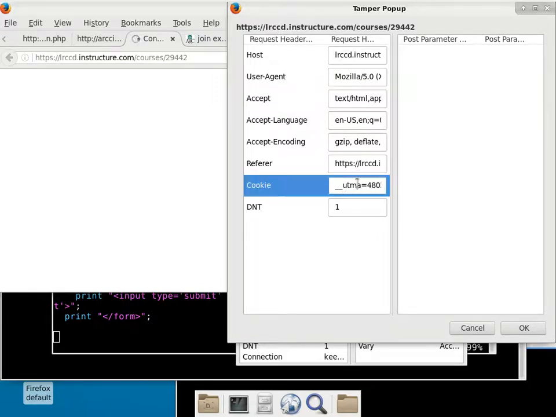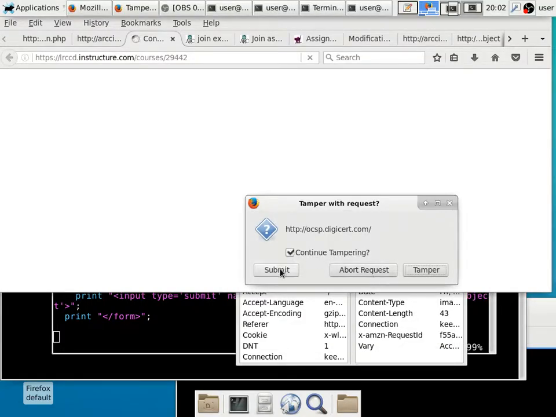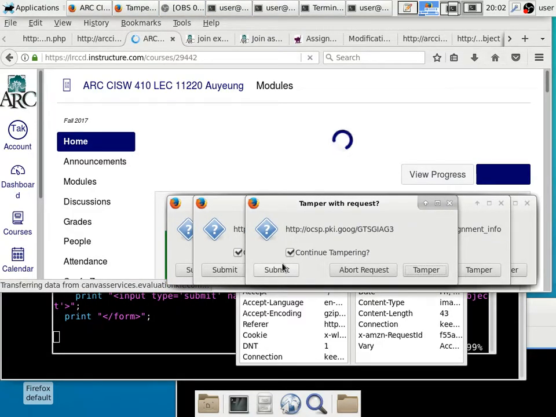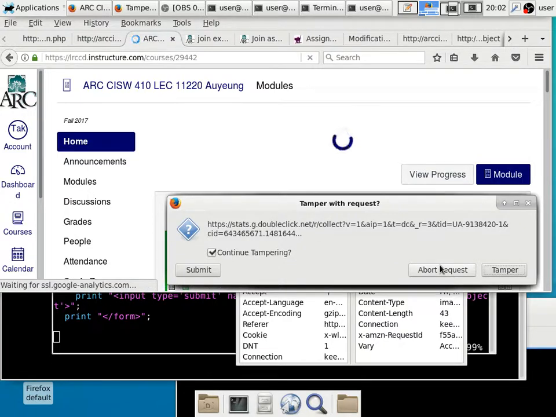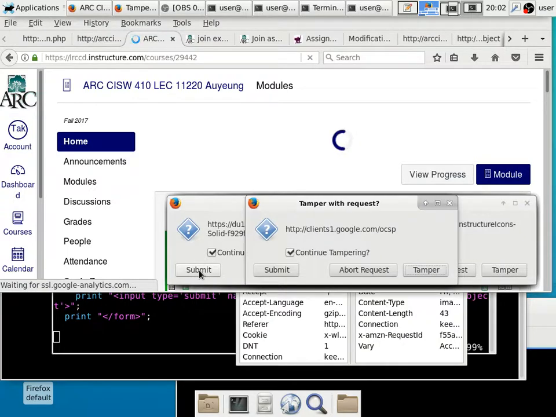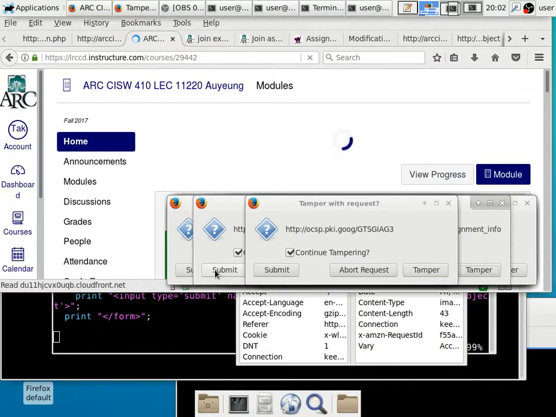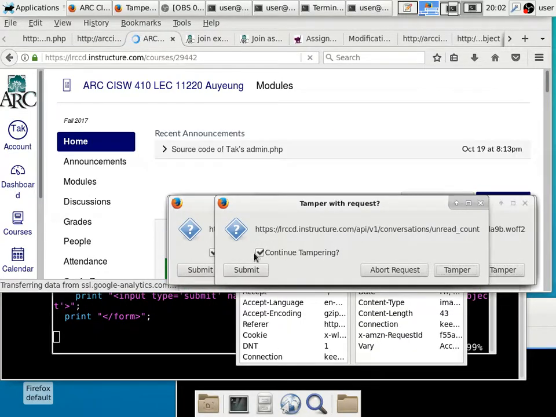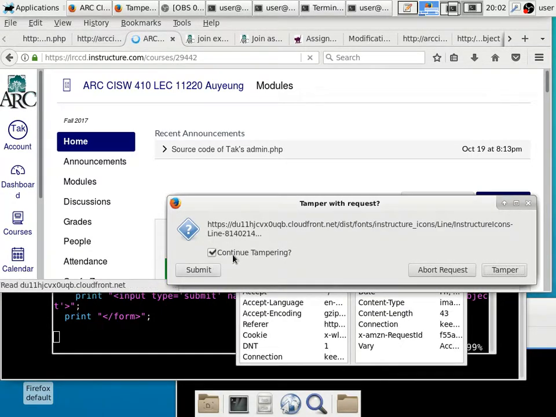You can look into the cookies. Okay, so this is the cookie. It contains multiple cookies. And let me see if I can look at all the cookies. Submit. And it gives you a log as well. And you can see how many requests are generated just because of Canvas. Submit. This is Google itself. Okay, I suppose I can stop tampering. So anyway, this is a really